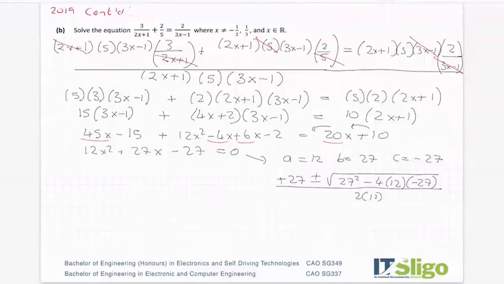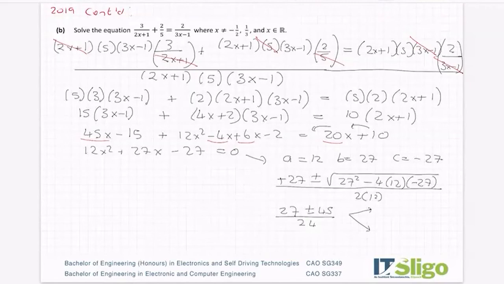Okay, so that'd be 27 plus or minus. So I'm just putting the whole square root thing into a calculator. So 27 squared minus 4 bracket 12 bracket minus 27. And I'm getting 45 for that. Over 2 12s are 24. And if I split that into its 2 answers,